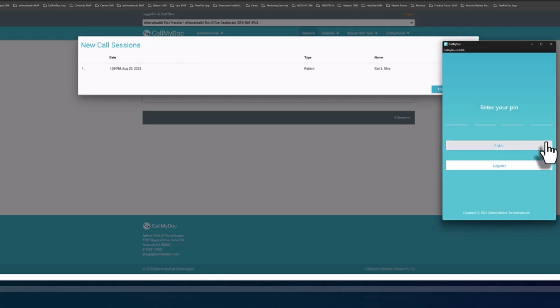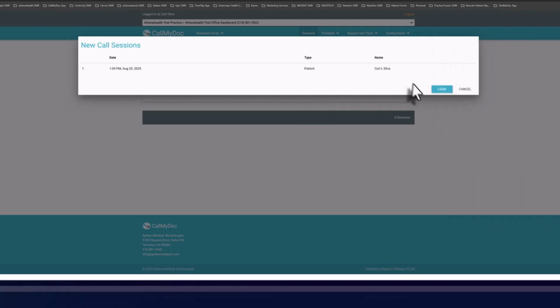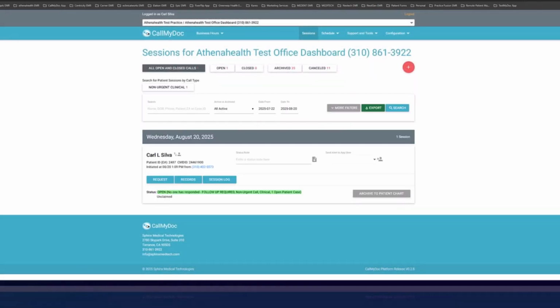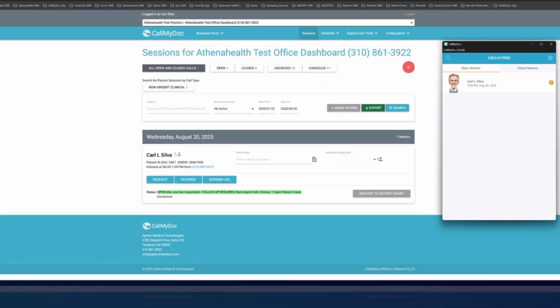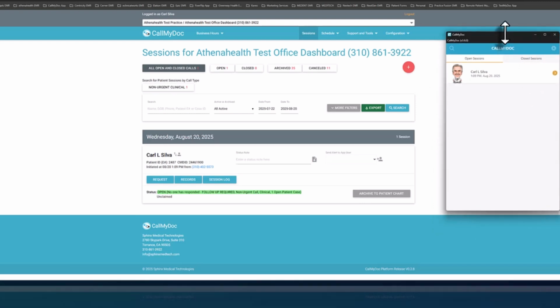Okay, so here's how the app works. All these calls are connected to the dashboard. So not only is this on your dashboard, not only is it in a patient case, but you could also see it from your app. Now, doing it this way, you don't necessarily even have to touch the patient cases in Athena Health. Because if I click on this,